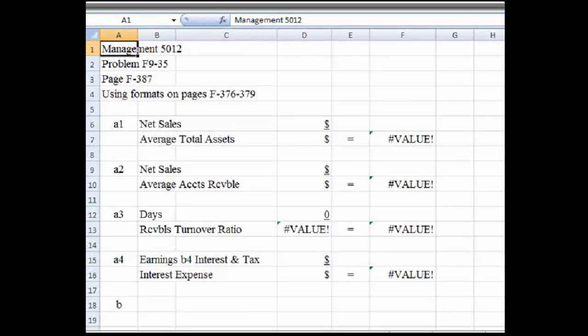Requirement A says to calculate the following ratios for the company. Looking at pages F376 through F379, all of the formulas for these ratios are listed. The first is the asset turnover ratio. The asset turnover ratio divides the net sales by the average total assets. The net sales are on the income statement, which we just completed, and they are